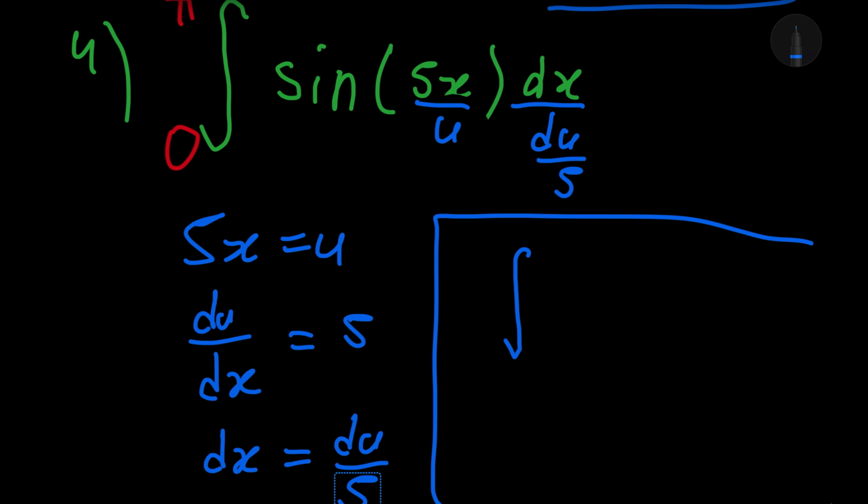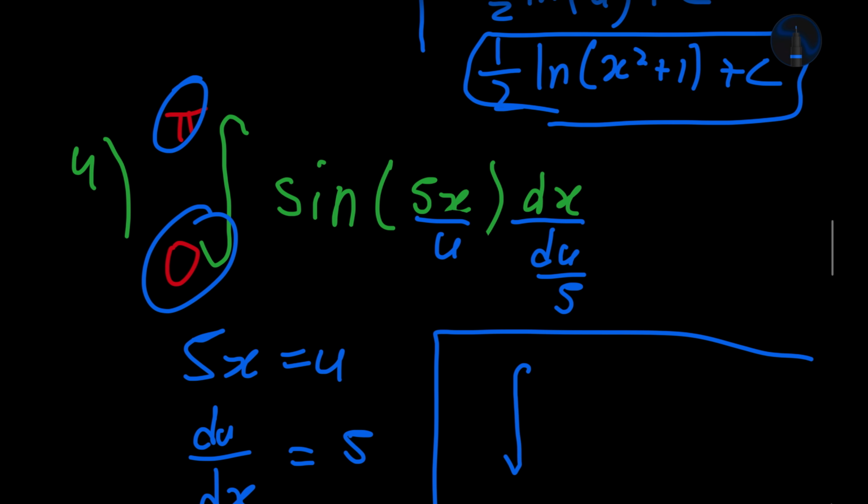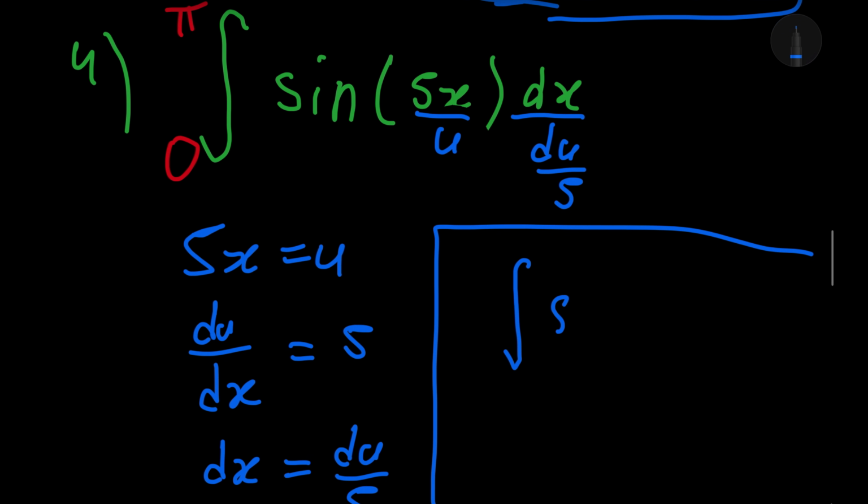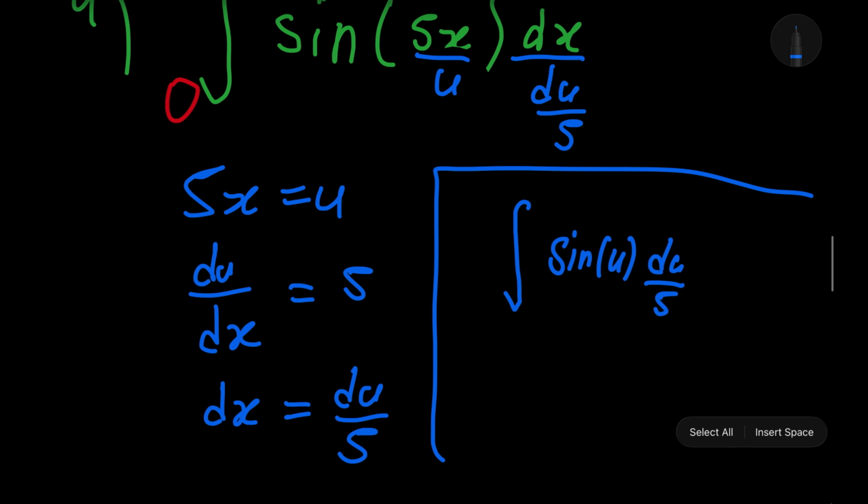So we get the integral of, we'll worry about the upper bound and lower bound at the end. But first we can say that this is sine u du over 5. And then we can bring the 5 outside, so we get 1 over 5 integral of sine